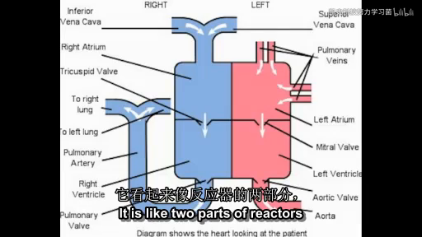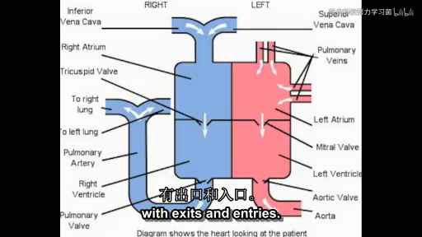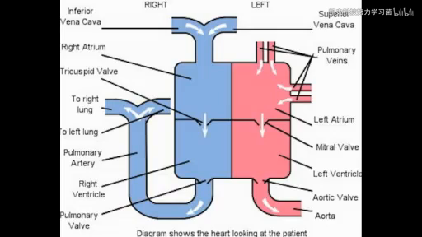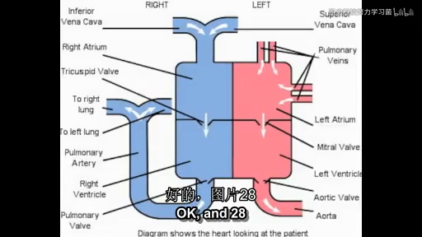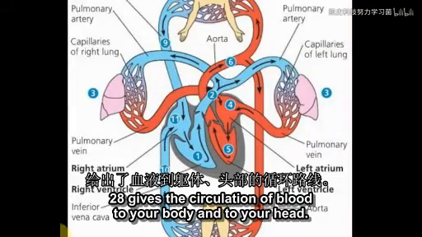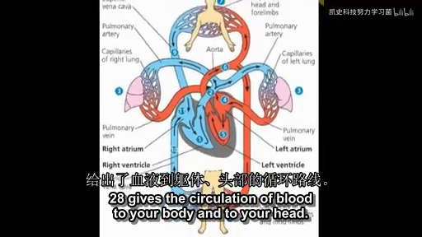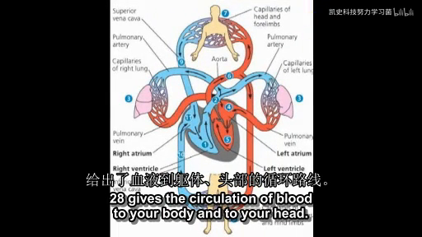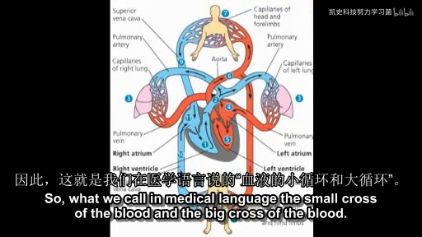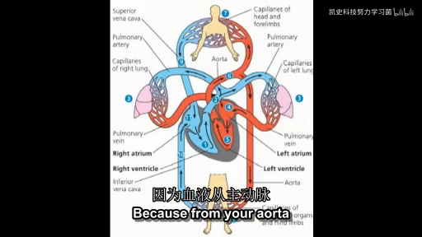It is like two parts of reactors with exits and enters. And the 28 gives you circulation of blood to your body and to your head. So we call in medical language the small circle of the blood and the big circle of the blood, because